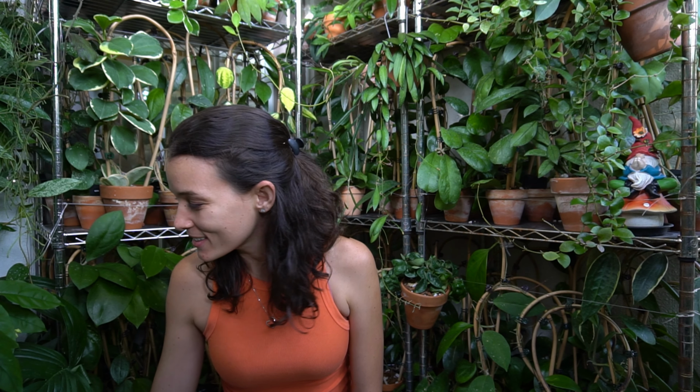I'm currently sitting on the floor in my porch where I keep most of my plants and pretty much 99.98% of my Hoya collection. So I thought I could walk you guys through some of my favorite Hoyas, and hopefully you guys will appreciate it. Alright, so I think the first one I'm going to show you guys is this one right here because